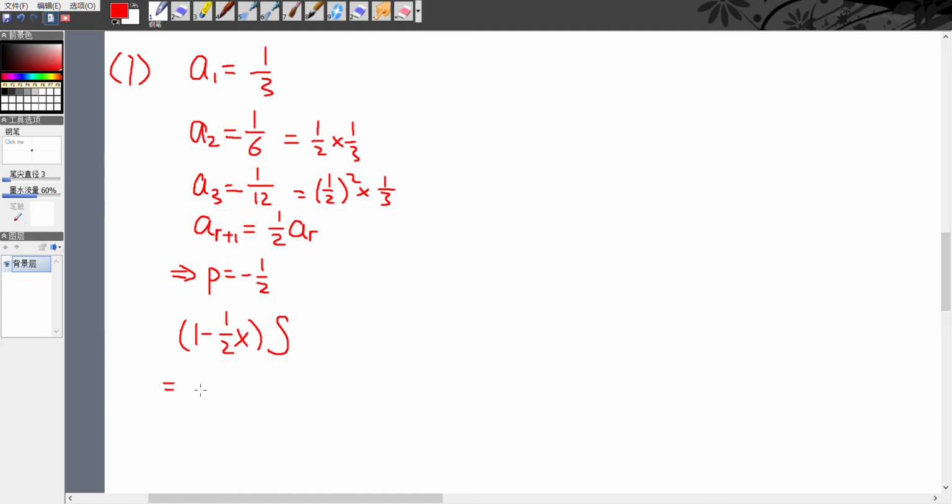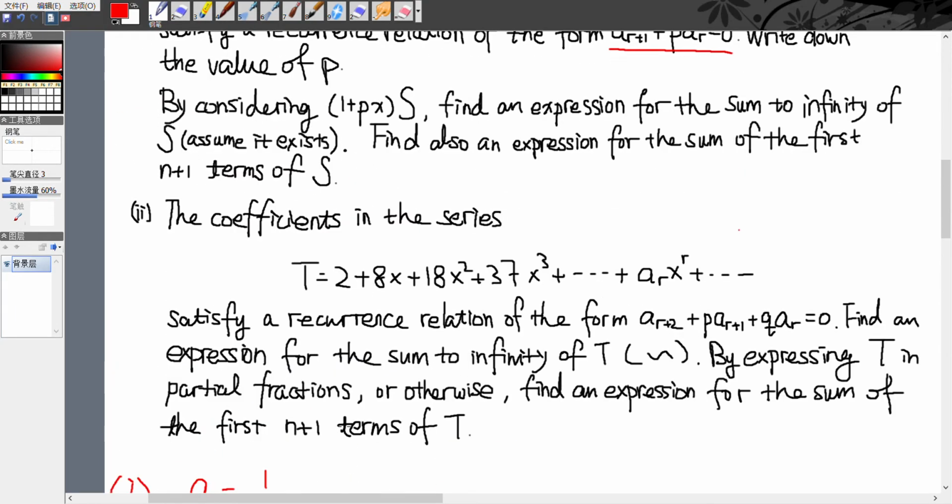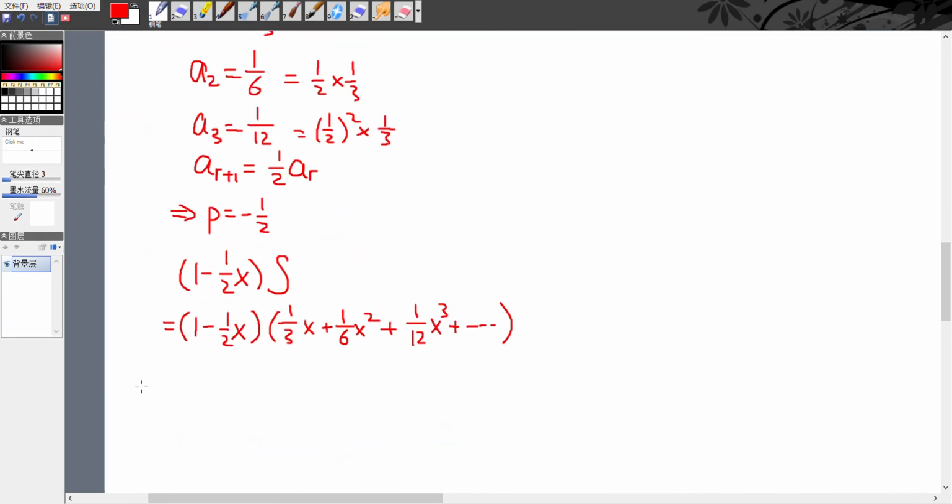We have 1 minus 1 over 2x times 1 over 3x plus 1 over 6x squared plus 1 over 12x cubed plus all the way to infinity. So this is equal to 1 over 3x plus 1 over 6x squared plus 1 over 12x cubed plus